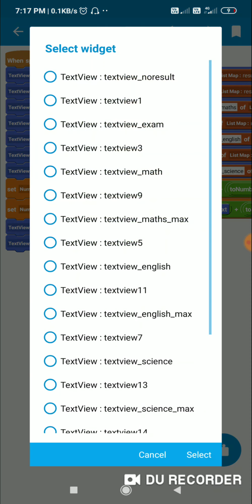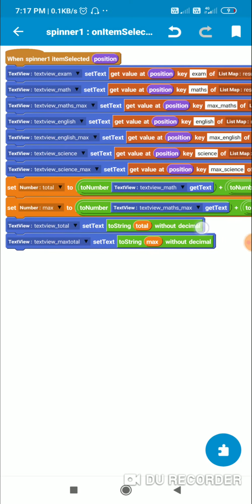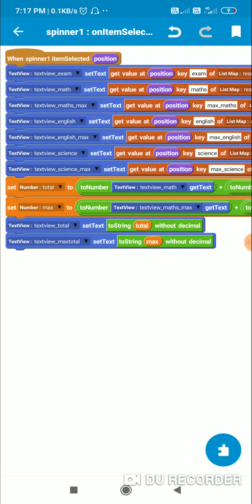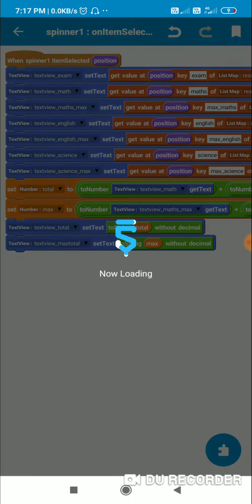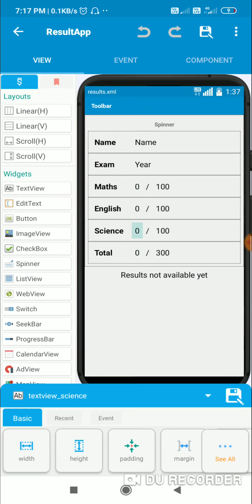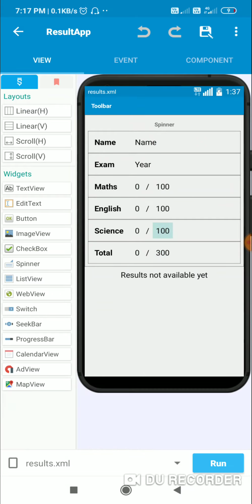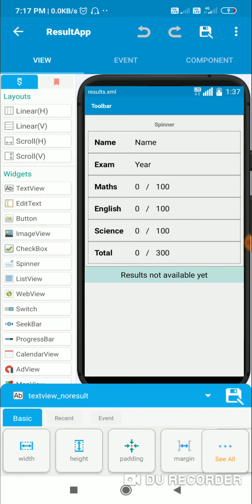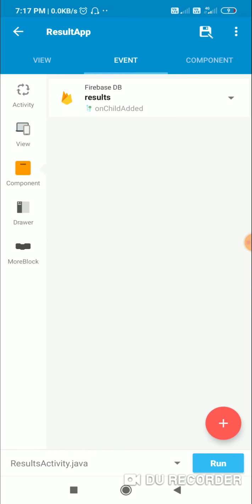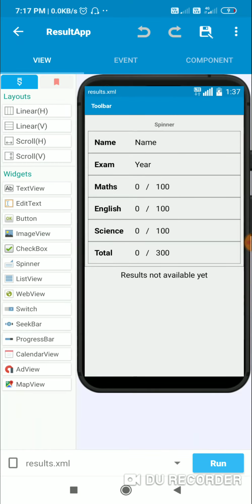And in text view total I display the string total, and in text view max total I display string max. So here this total will display the total of these three, and this will display the total of these three. This is text view no result. So that's all in coding part. Now let's have a look at it.